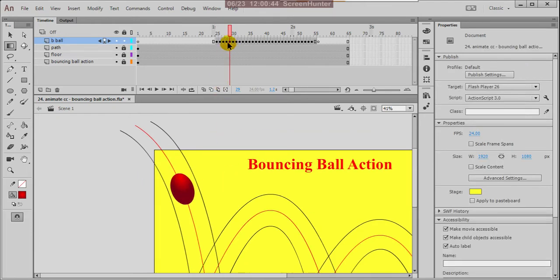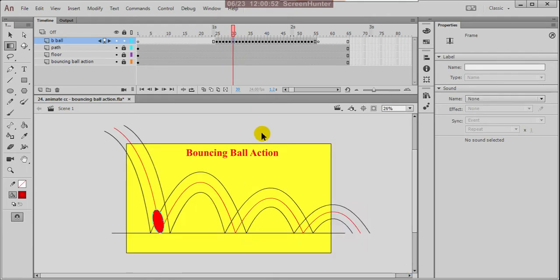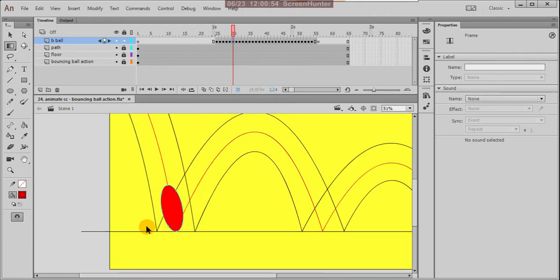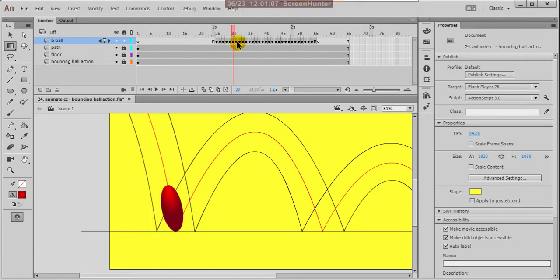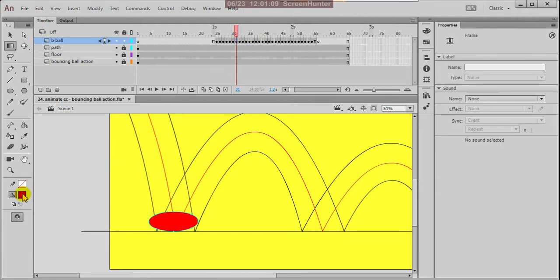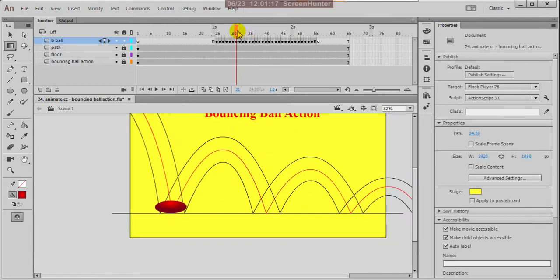Highlight must be from the top direction. Yes, beautiful. Now add the shadow here also. Right, then click here and again yes, fantastic.